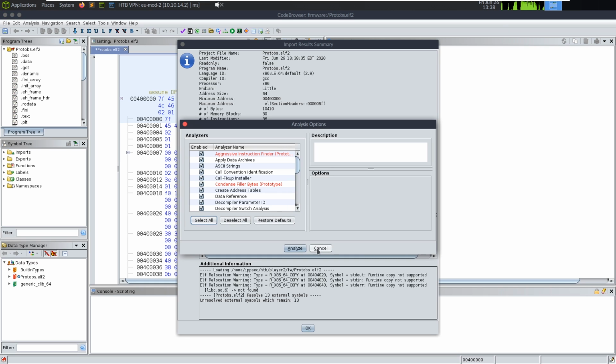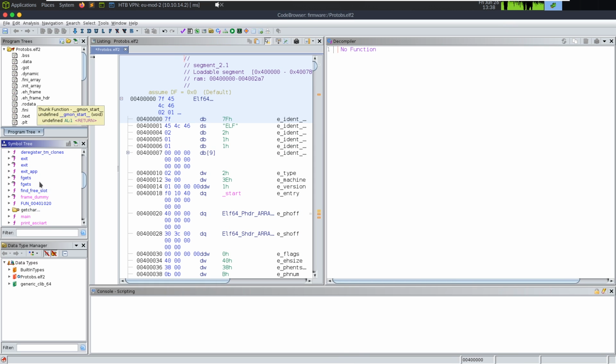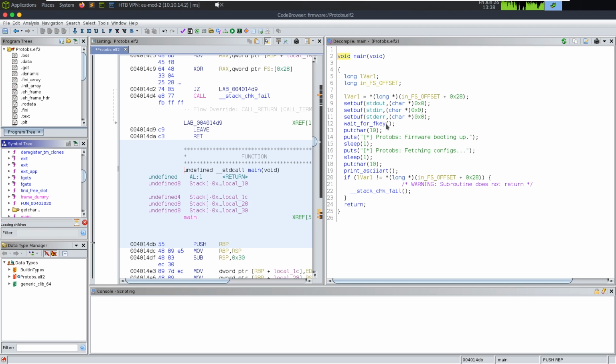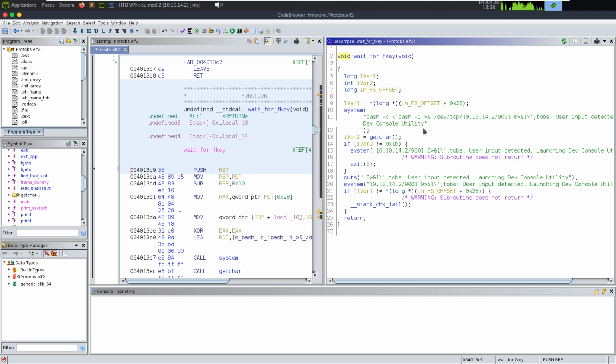Analyze it now, select all, sure. The function we want is main. Then we can go to wait for F key. And it looks like it's just taking another piece of the next string. Because before, this wasn't there. So wherever this string was used, oh,